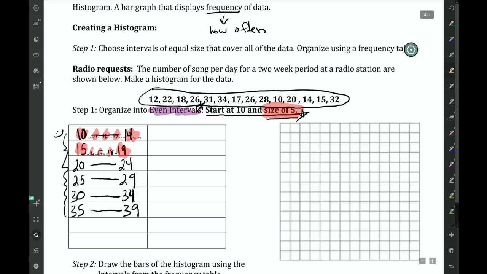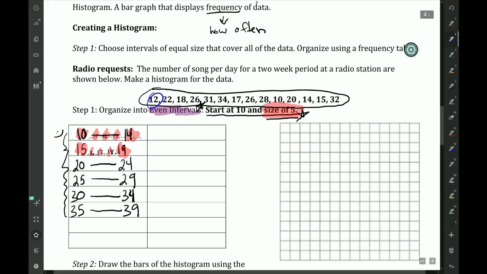All you're going to do is start at 12, and 12 falls within 10 through 14, so I have one tally there. 22 falls between 20 and 24, one tally there. 18 falls between 15 and 19. 26 here. 31 there. 34 there. 17. 10. 20. 14. 15 and 32. Okay, that is our